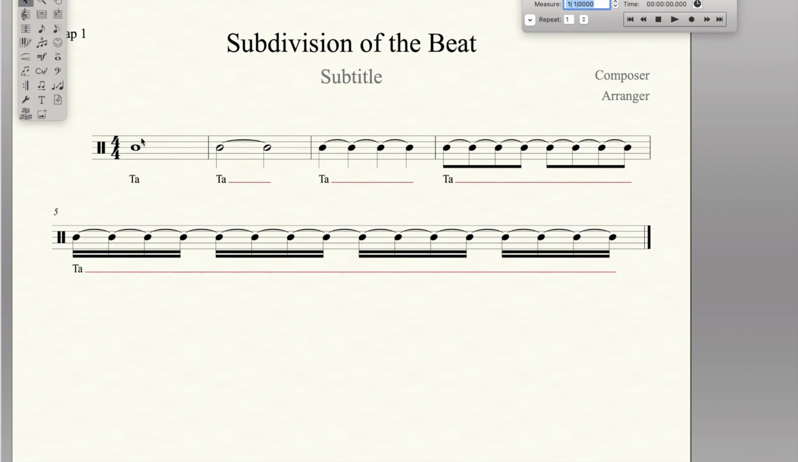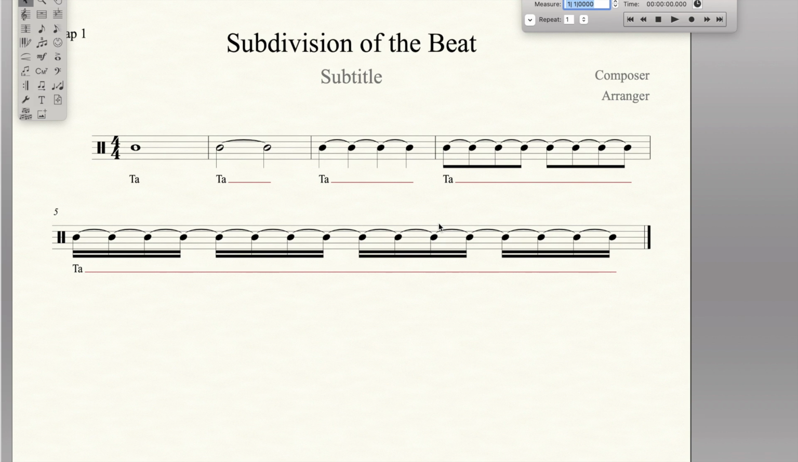So I'd go ta, ta, ta, ta, ta. All right. I know it's not very interesting, but I'm just doing this to illustrate that these would all sound the same